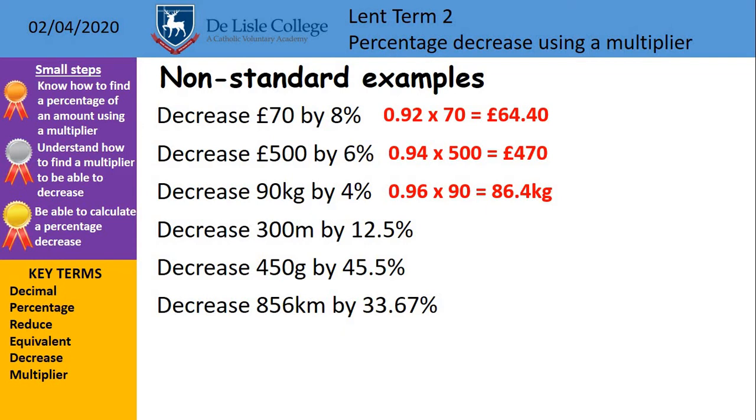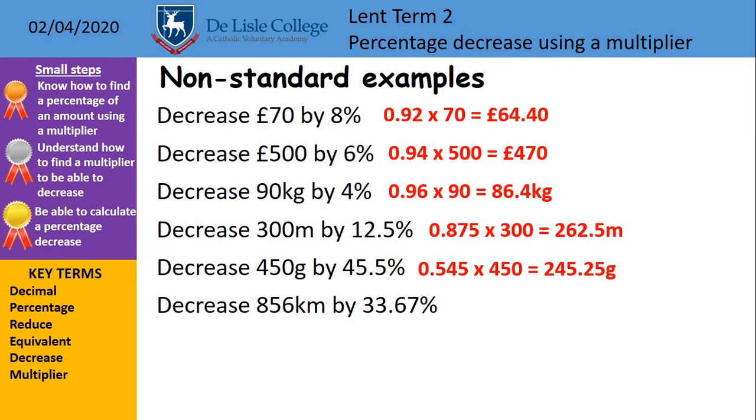Well, 100% take away 12.5% gives us 87.5%. Divide this by 100 and we get a decimal of 0.875. Multiplied by 300 gives us an answer of 262.5 metres. Decrease 450 grams by 45.5%. Well, 100% subtract 45.5% gives us 54.5%. Change this to a decimal of 0.545. Multiply by 450 gives us an answer of 245.25 grams. And finally, decrease 856 kilometres by